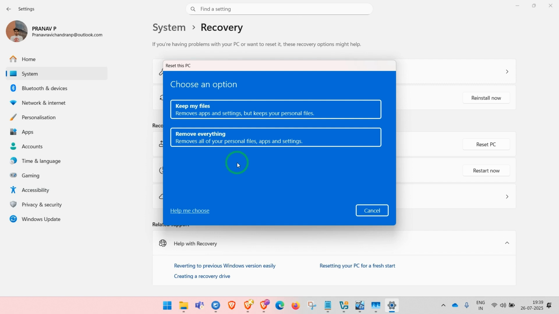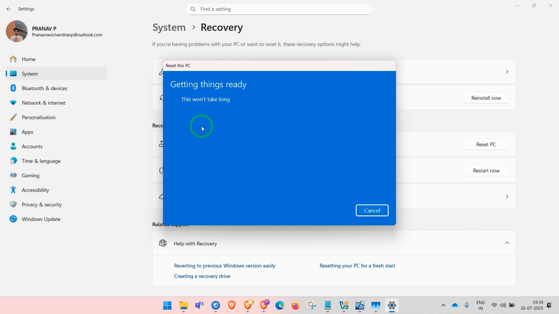So, keep my files, this option will remove apps but keep your personal files. This option, remove everything, will delete all files, apps, and all settings. So we need to remove everything. So select it,